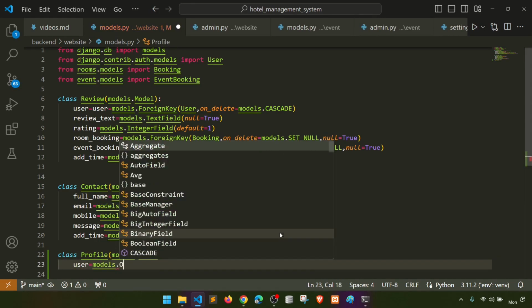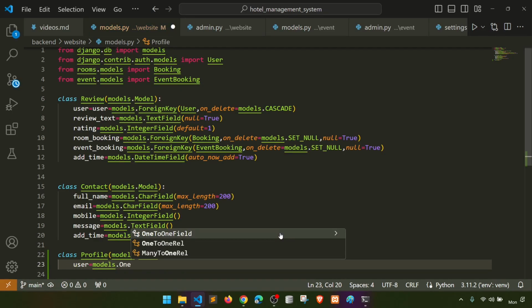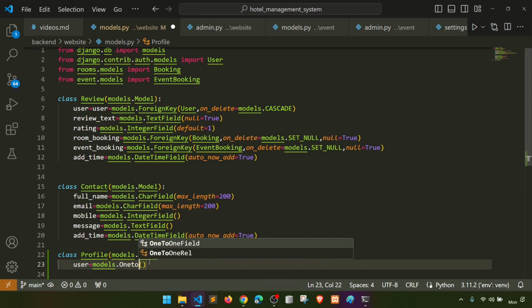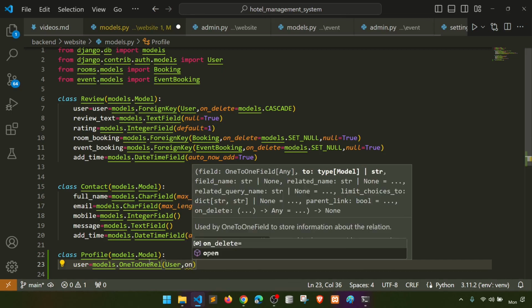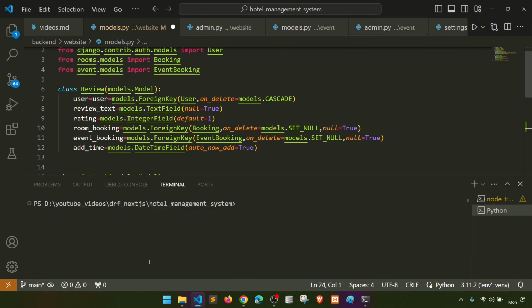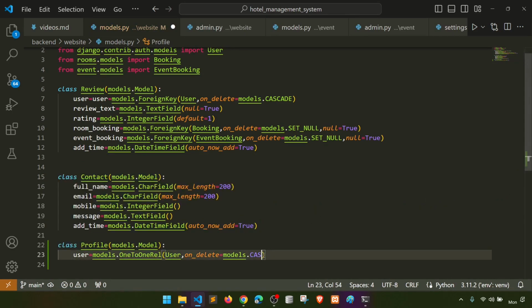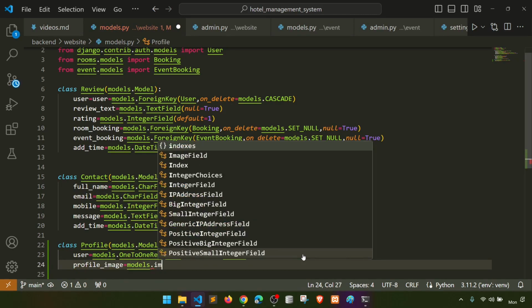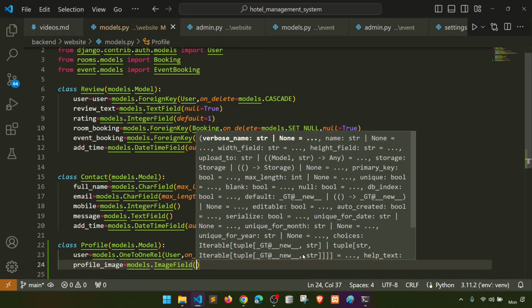So models.OneToOneField, and this should be the user model, and on_delete equal to models.CASCADE. Okay, and then we will define profile_image equal to models.ImageField, which is upload_to